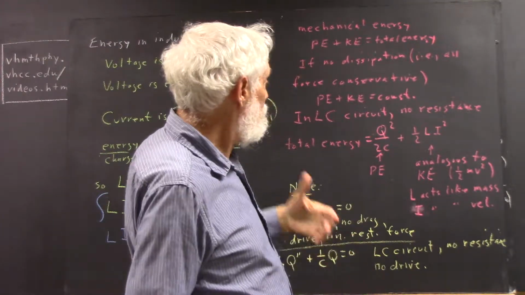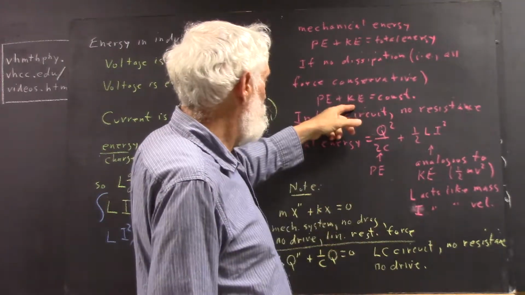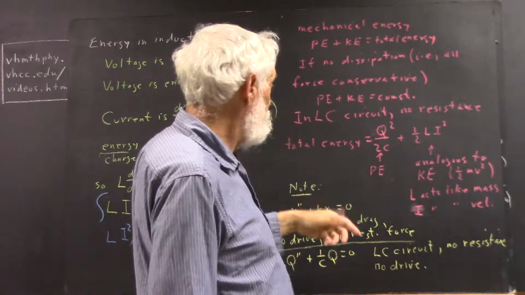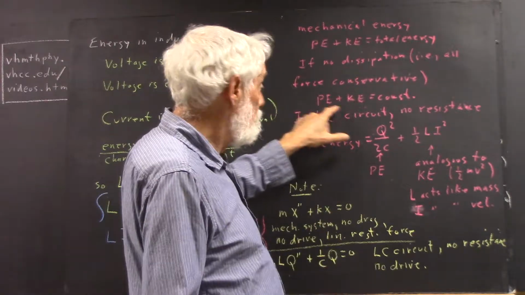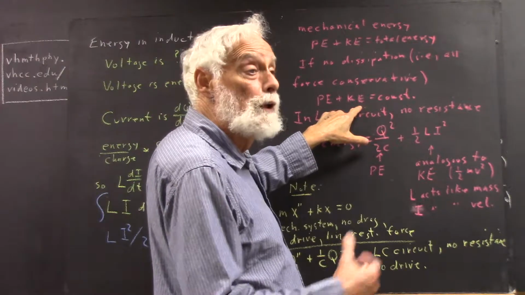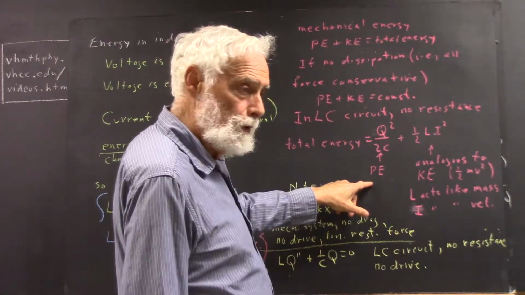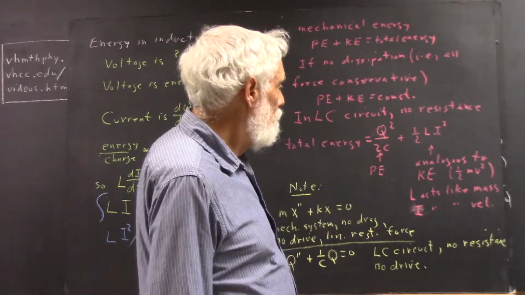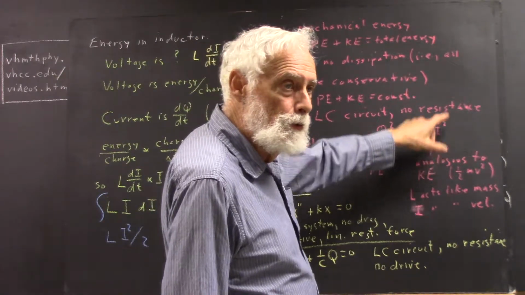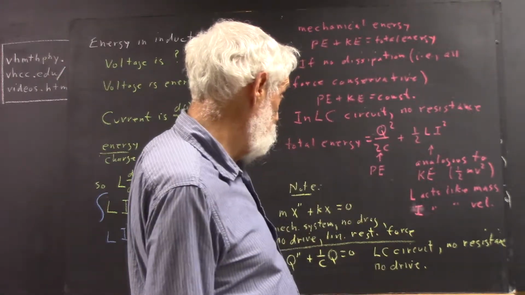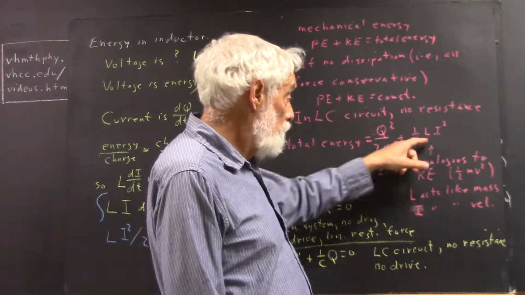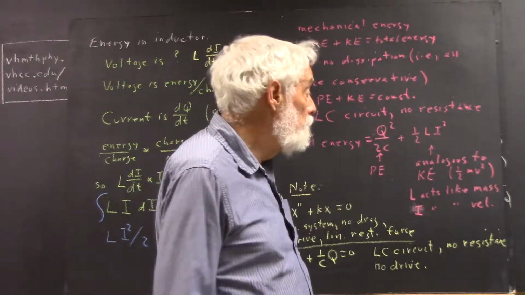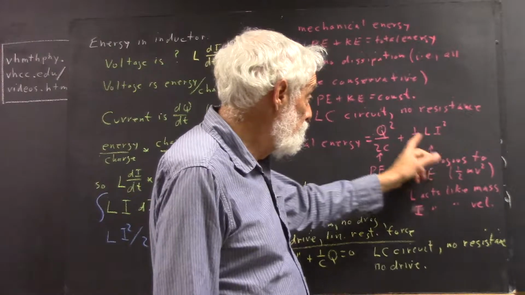In an analogous sense to the way kinetic energy is due to the rate of change of position. Potential energy is energy due to position. Kinetic energy is energy due to rate of change of position. Here, this potential energy is energy due to stored charge, and this is energy due to the time rate of change of the stored charge. This is analogous to kinetic energy. It's 1/2 Li squared. Kinetic energy is 1/2 mv squared, suggesting that L acts like the mass